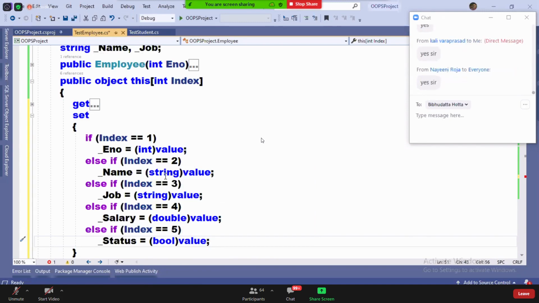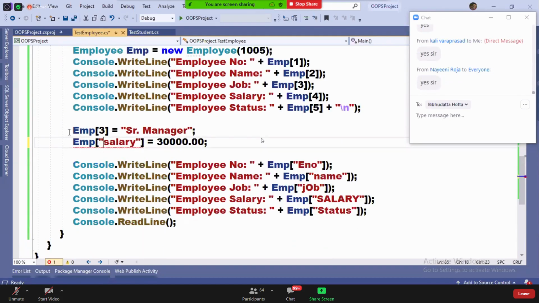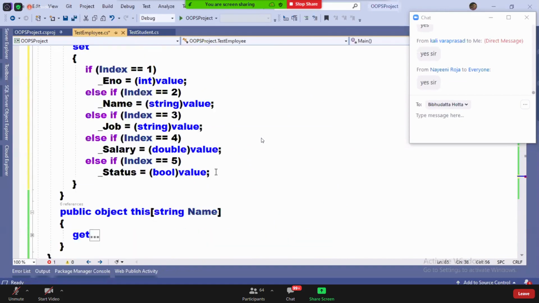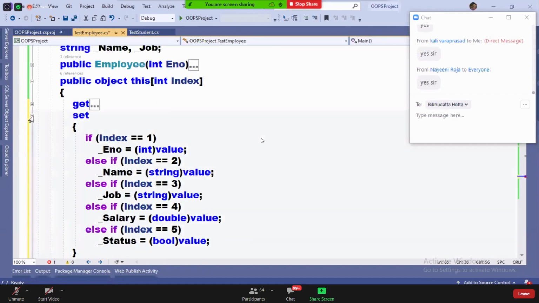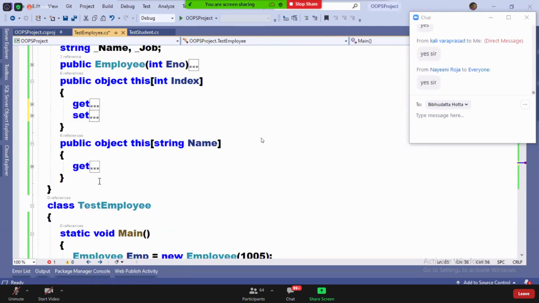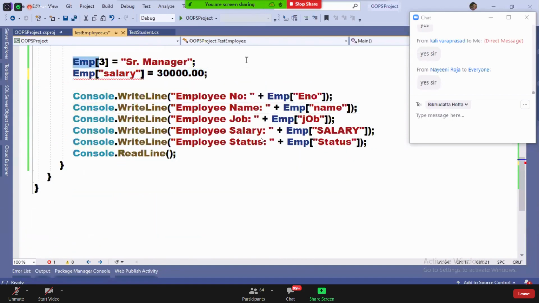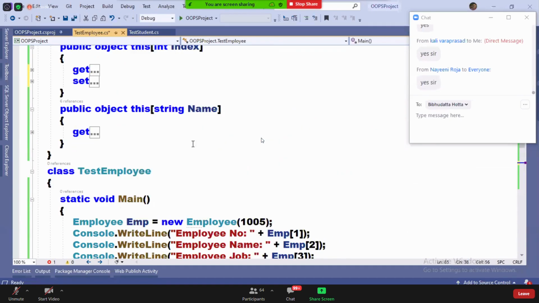With this, there is no error in the first case now. There is an error in the second case. Why? Because you added the setter only to the int indexer. You require to add it to the string indexer also. Because here I used the int indexer. This will work now. This won't work. So I need to do it for the second one also.